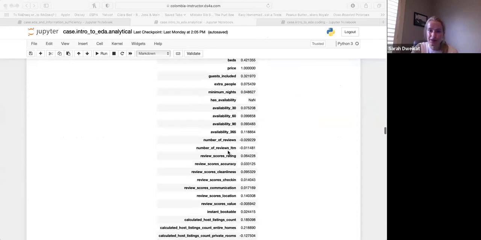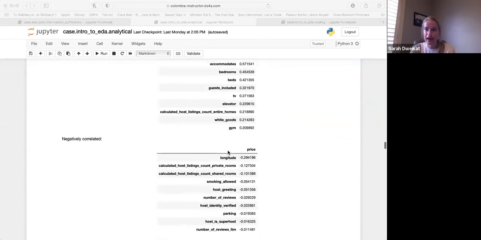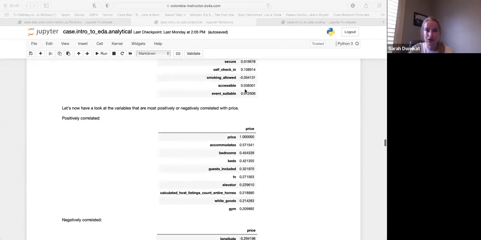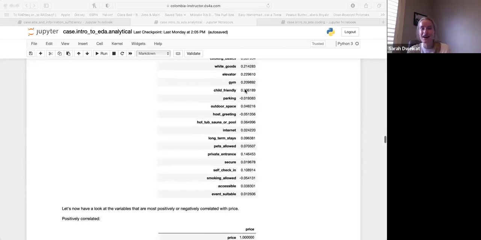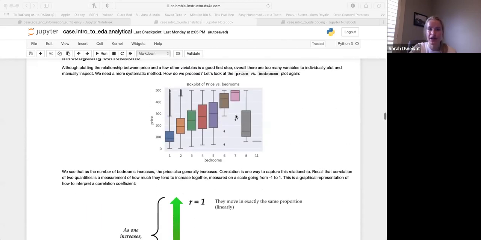So let's go back to our question and talk about our positive correlations here. A strong one is our bedrooms. And of course, the number of people it accommodates goes along with bedrooms, so that makes sense to be a positive correlation. Someone mentioned that they're surprised it wasn't a stronger correlation, and I would agree. You would think that as the number of bedrooms increases, so does the price. But if we go back up here, like I said before, you can have some outlier values. We see a lot for one bedrooms that can skew